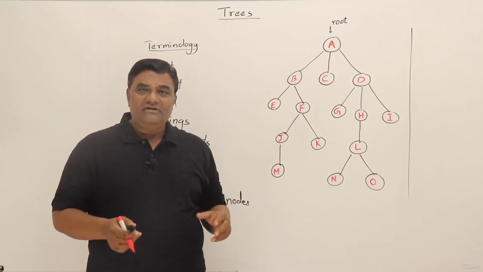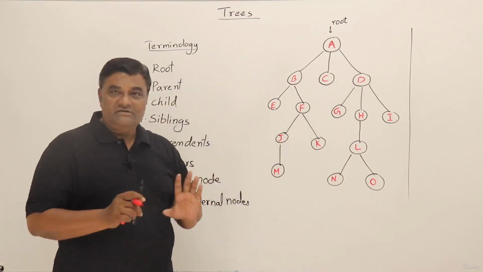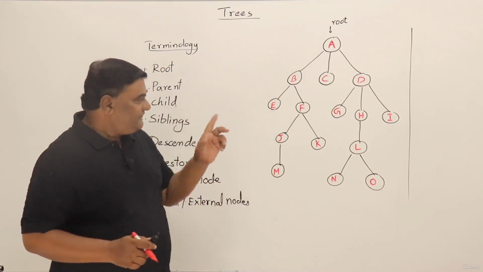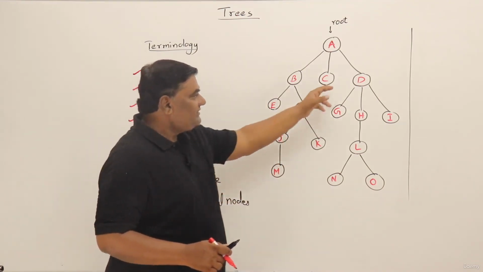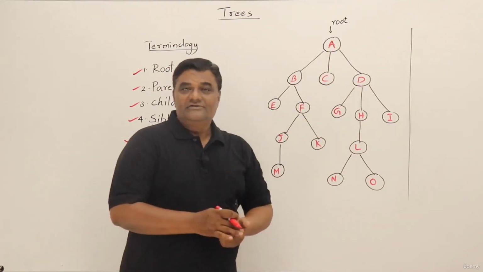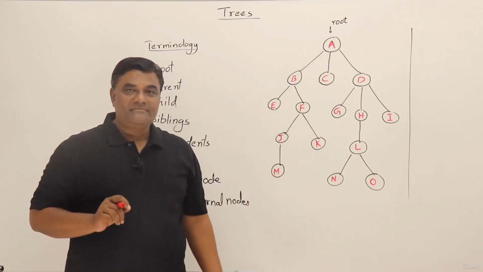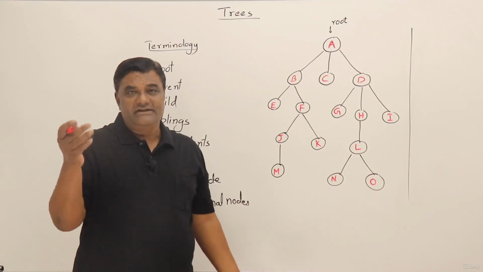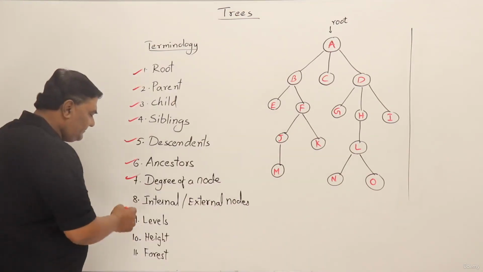Then what is the degree of a tree? From the tree we cannot tell what the degree is. Degree is pre-decided. But if you observe, what is the maximum degree of any node? 3. See, this has degree 3, this has degree 3. So the degree of a tree can be minimum 3. At least it is 3, or it is more than 3 also. So I can explain to you afterwards. Then coming to